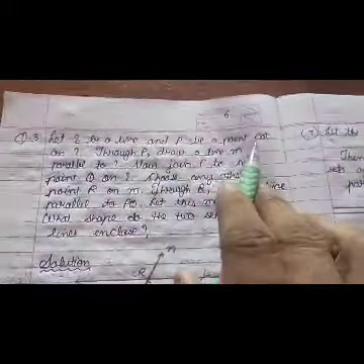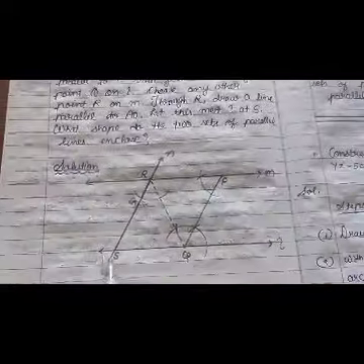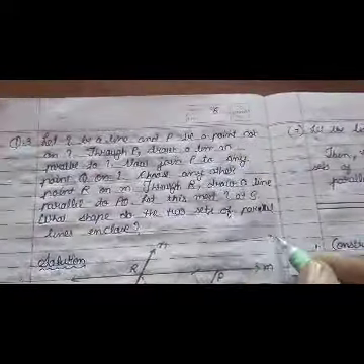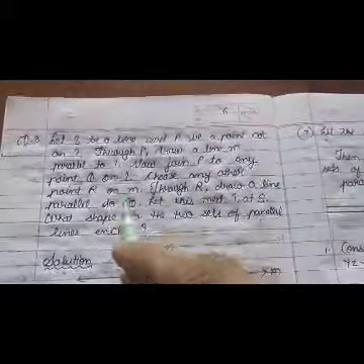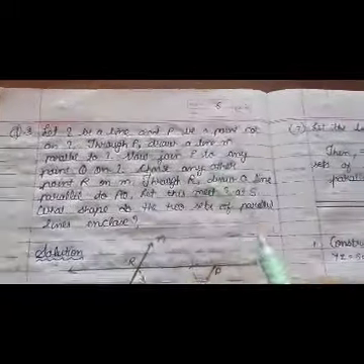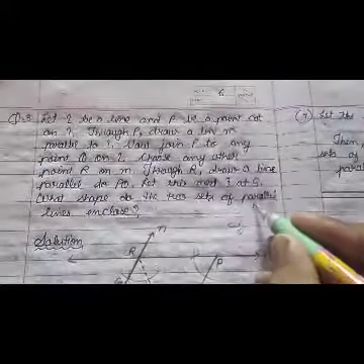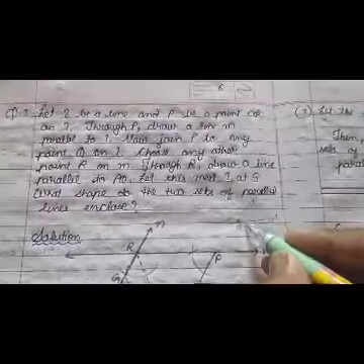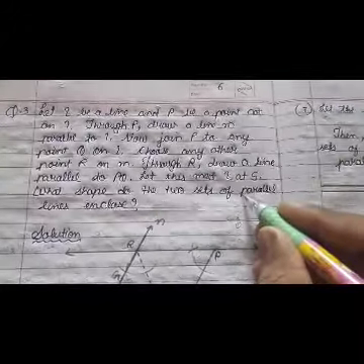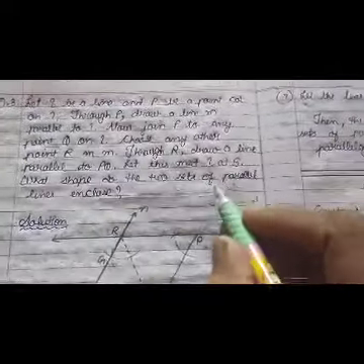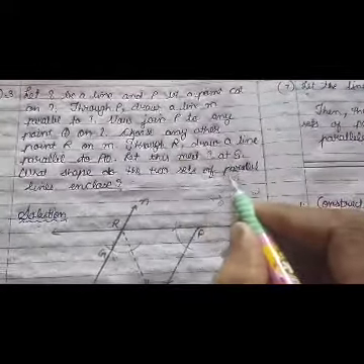Now question number 3: let L be a line and P be a point not on line L. Suppose we take one line L, and P which is not on line L. Now through P draw line M parallel to L. The same way as we did in the first sum, take one point, draw this line, then take an arc, and with the same measure draw that arc, take the distance, and get your parallel line.